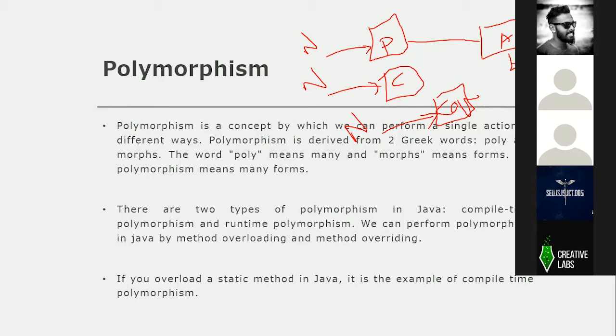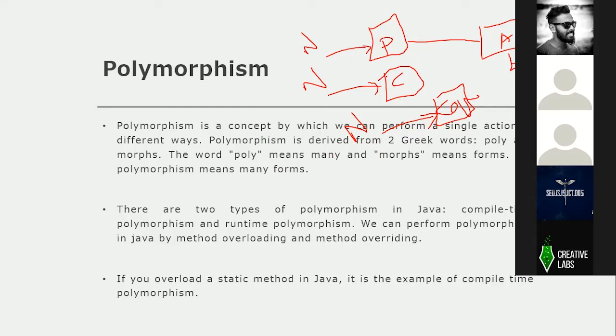For cow, it's like moo or something, right? So that's how it speaks. This implementation differs from this, and this differs from this. So we define one single action and perform it in different ways. That is what polymorphism is about.